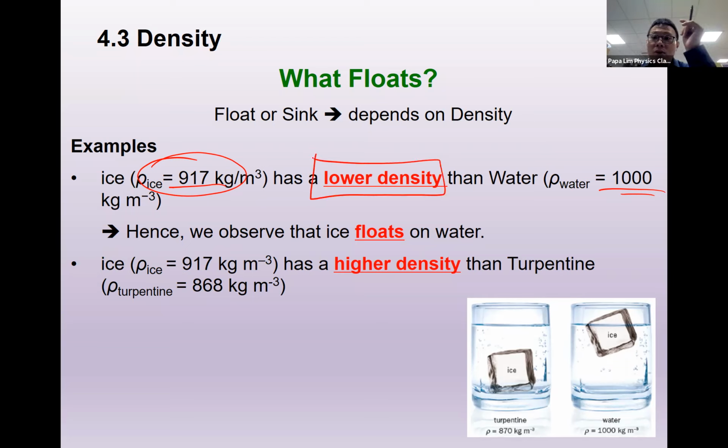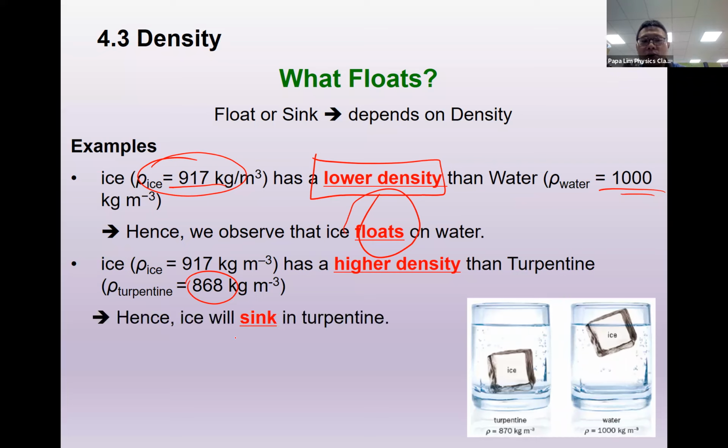And when you have a lower density, the only observation that you will have when I put it inside that liquid is that ice will float. For example, if I use ice again, 917 kg per meter cube, and I put it into a turpentine liquid, you'll find that the density of turpentine in liquid form is 868 kg per meter cube. The density is definitely much lighter than ice. So when ice is dropped into turpentine,